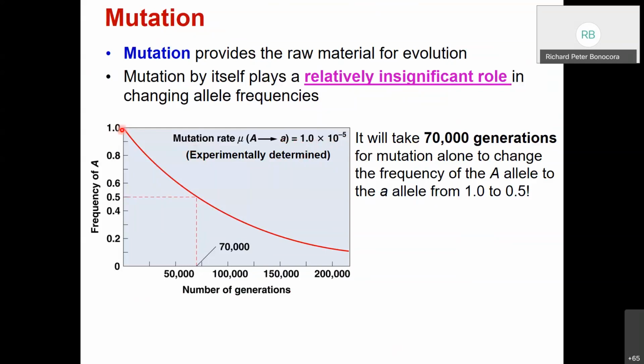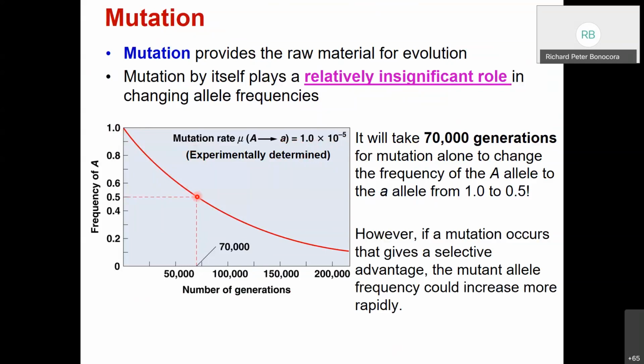What happens is it will take 70,000 generations just to reduce this allele frequency by mutation alone from completely fixed at 100% to 50%. Now, that's if the mutation is not selected upon. It's just a mutation that has no effect on any selection. If the mutation arises that gives a selective advantage, one of the things that we mentioned before,